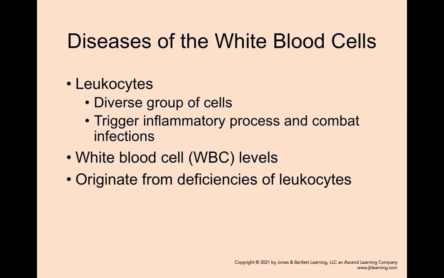Next, we're going to talk about diseases of the white blood cells. So my suggestion would be, once you go through the lectures, just make like a chart almost for yourself that has the different diseases of the white blood cells, the different anemias. Once you understand the basic pathophysiology that we just went over, all the rest of this will make a little bit more sense. So just try and look at it so you'll be able to apply it to test questions